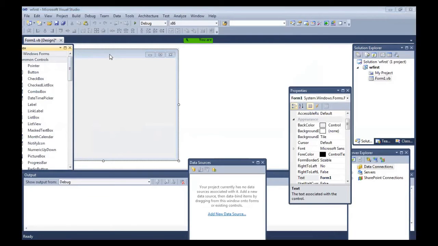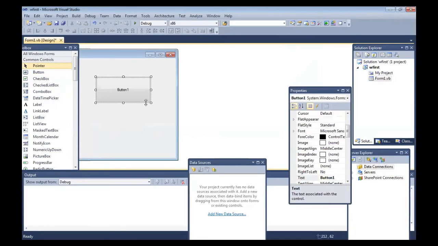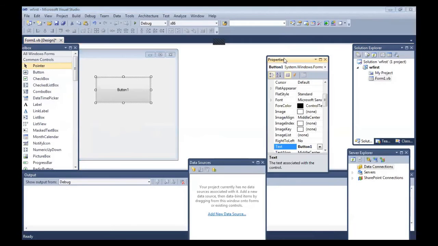For example, if I want to display one message, select the button tool and place that button tool over here. Now this is the property window. Again, it has different kinds of properties.